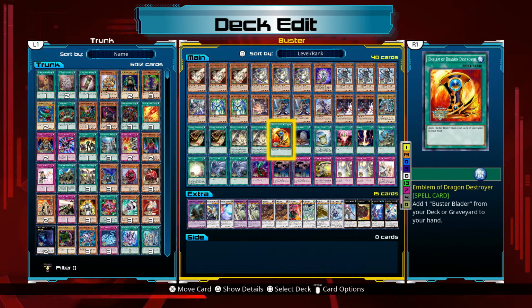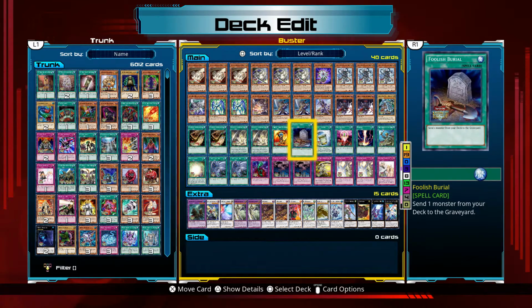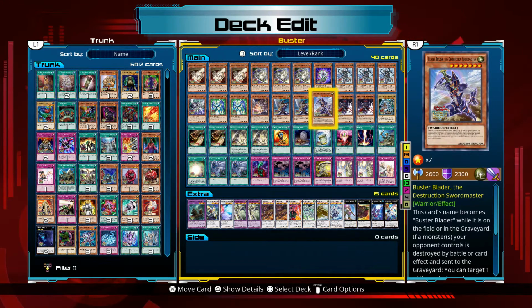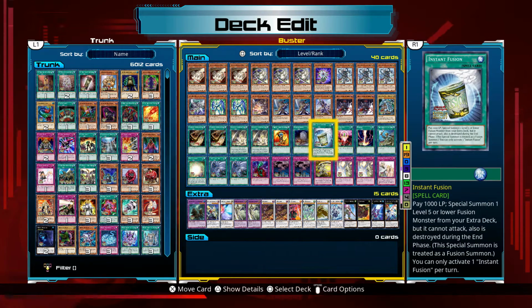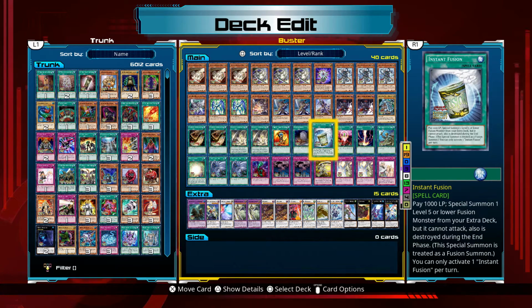Emblem of Dragon Destroyer: add a Buster Blader from your deck or graveyard to your hand. Foolish Burial, send that one, maybe Glow-Up Bulb, plenty of options there. And this one here, of course, to get the Norden out and get some synchro action in, maybe even an Xyz,